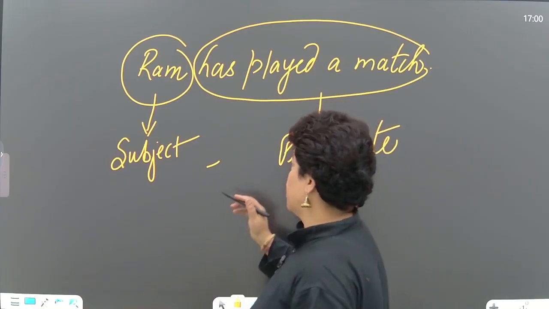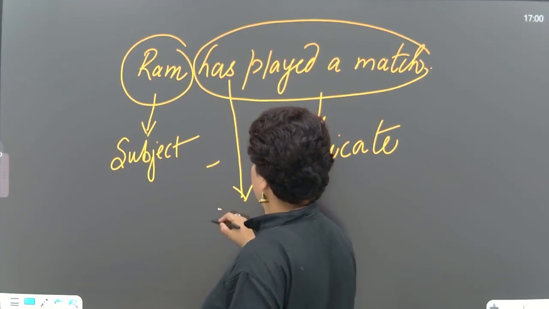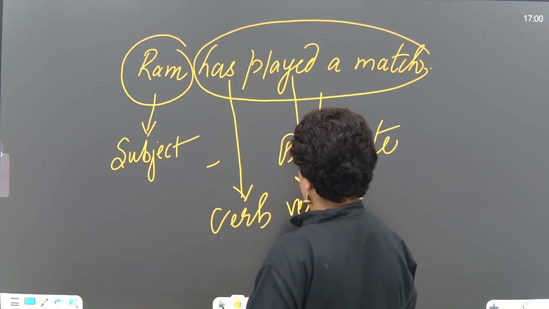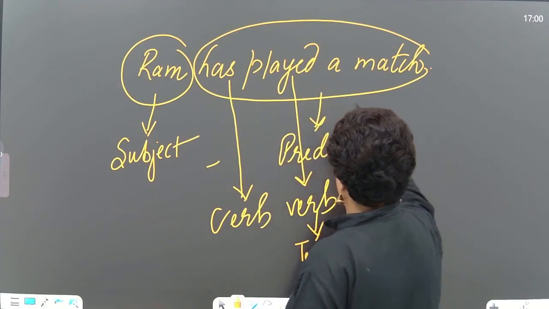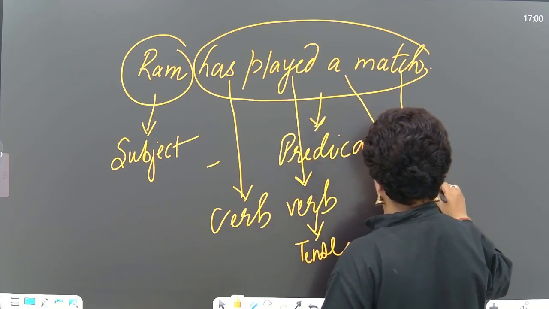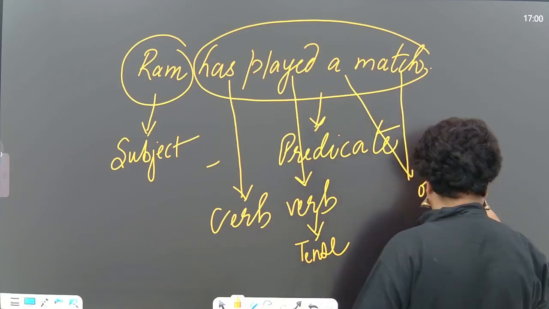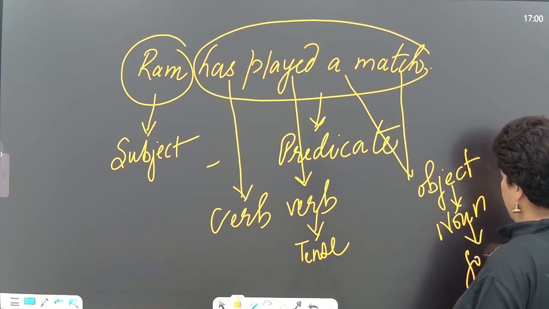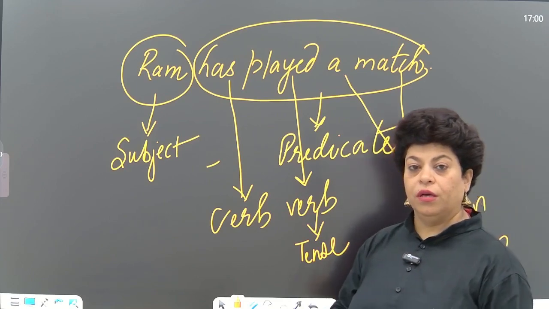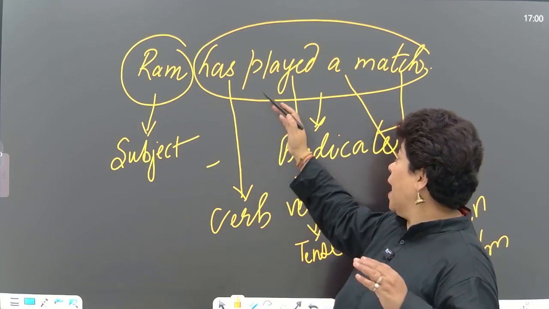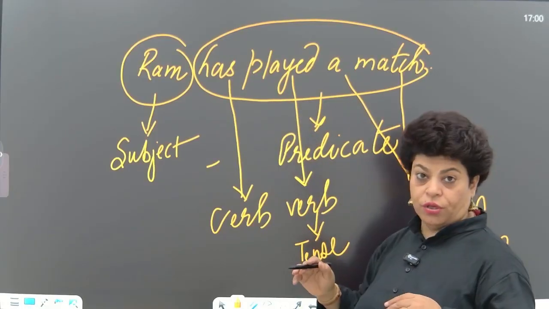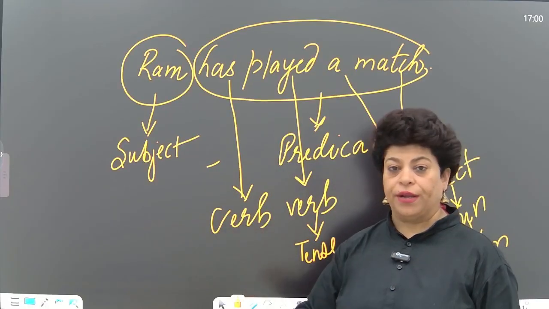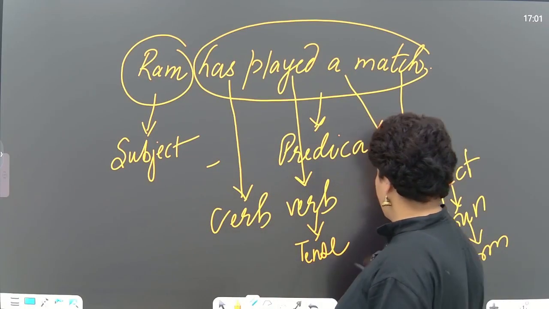What does a predicate consist of? A predicate consists of the verb, what form of verb it is, that is the tense that we talk about, and then we have the object. Object means another noun, and it can be of any form. So how do we conclude? In "Ram has played a match," Ram is the subject and "has played a match" is the predicate. Now coming to the main part that we wanted to discuss,